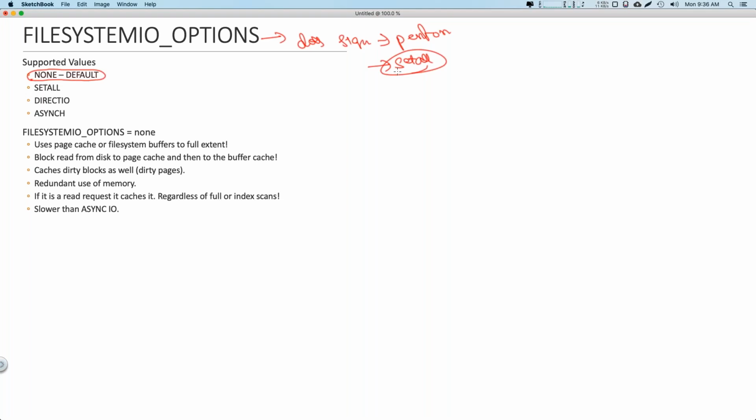So this can have a dramatic or drastic impact even for index scans, because Oracle has several optimizations such as prefetching and batching that come into the picture while performing index range scans. Oracle has the ability to read multiple blocks stored at different locations using a single IO call, making use of asynchronous IO. If you set this file system IO option to none,